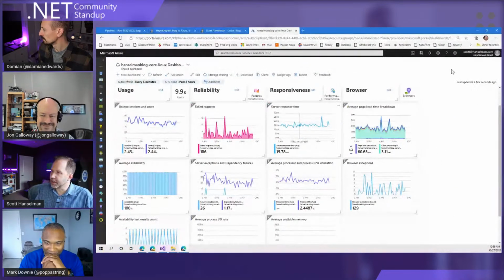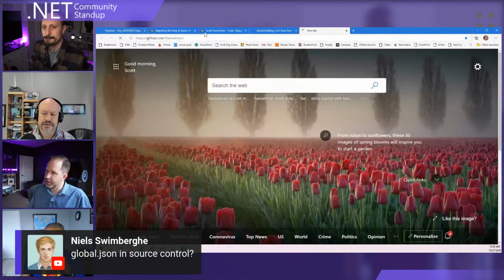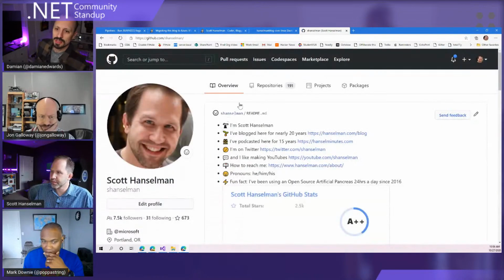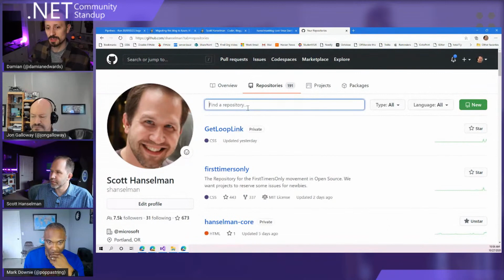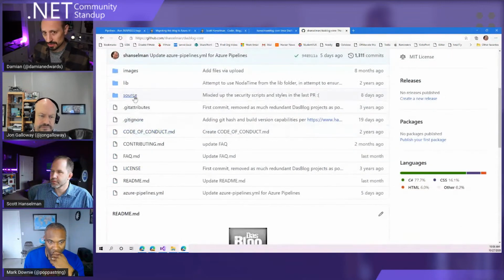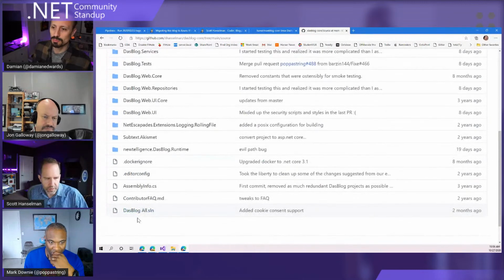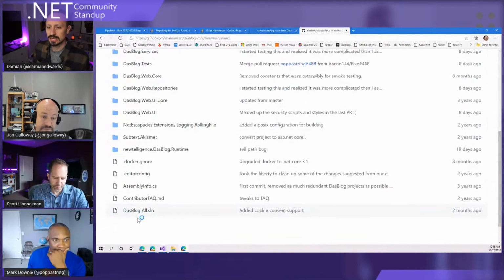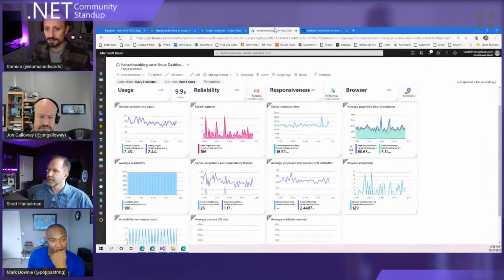Oh, Nels is asking if there's a global JSON. Good question. Go see. That might be it right there. The agent itself in DevOps obviously has pre-installed SDKs, and that's why there was a message saying it didn't find 403 in the cache, which means the agent image hasn't been updated to 403 yet. You have a task that acquires 403, so that's the one that it puts effectively in the path for your build. But if you have a global JSON, it'll evaluate that. Yep. No global JSON. Okay. So, not sure. We'd have to do some more digging.